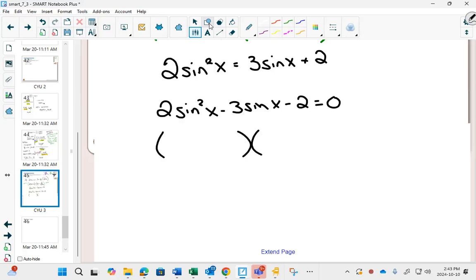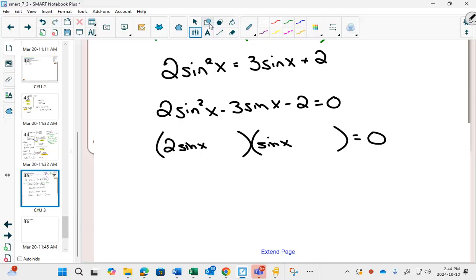If you can factor, and if you can factor well, it is much faster than the quadratic formula. If you can't factor, or you can't factor well, the quadratic formula for you might be faster than factoring. Now, because it's 2 sine squared x, your start off for factoring is really easy. The only possibility is 2 sine x and sine x. And the last number being a 2 gives you two possibilities. It's only 1 and 2, but 1 and 2 and 2 and 1 are going to be different in